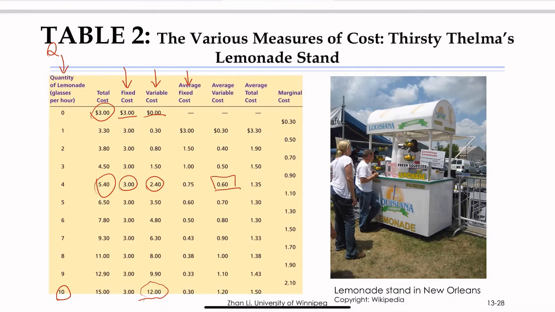It's 0.6, and you can see that if you use the fixed cost, which is 3 in this case. And what is the, oh, sorry. The average fixed cost here is actually 0.75. So fixed cost here is 3, right? Average fixed cost here is 0.75. And then what is the quantity? It's 4, right? So you can see that,